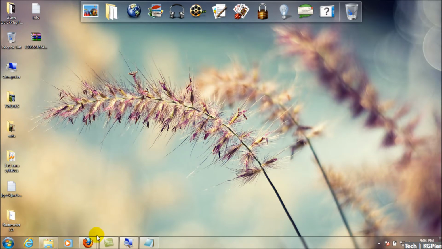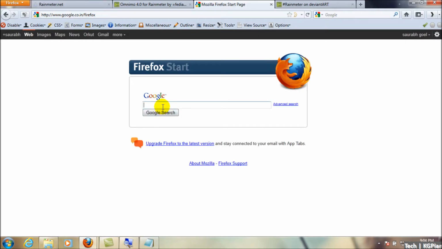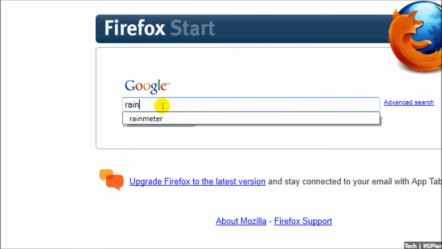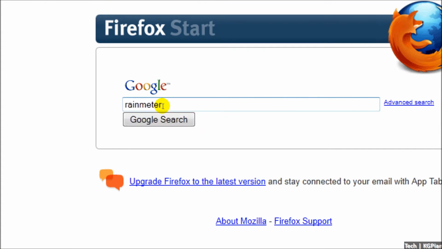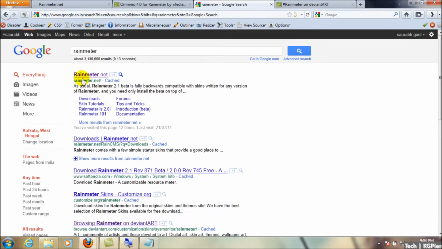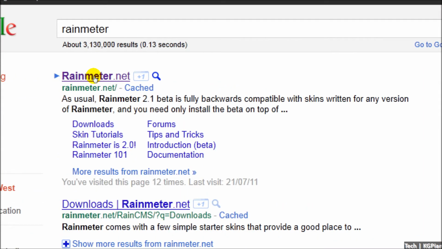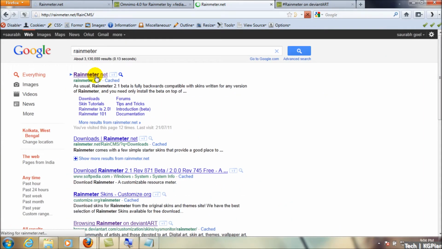So this is a tutorial on how to set up Rainmeter. So firstly, open Firefox and then Google, and in the Google search bar type Rainmeter, then do a Google search, and after that click on the first link that appears, that is rainmeter.net, and after the site opens you could